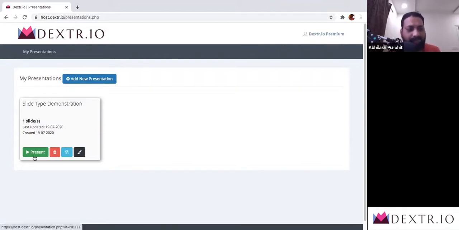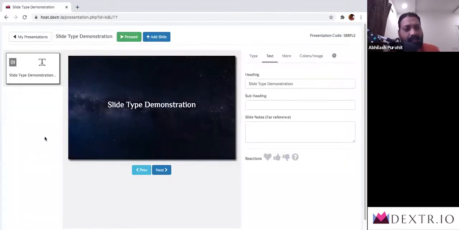says present. And I click on that, and it opens up for you a presentation which has one slide in it, which has a few things on the top here and a few fields on the right side. There are 2 rows, and the second row basically has 3 columns. Let's take a look at it one after the other.